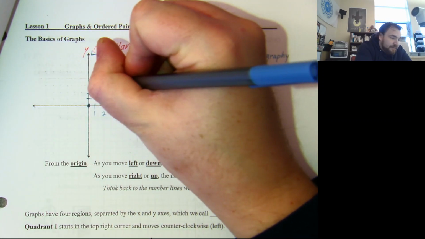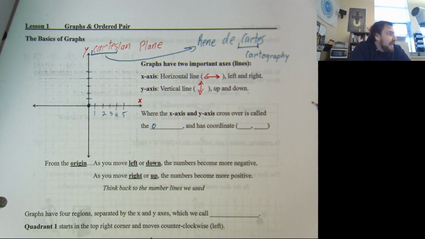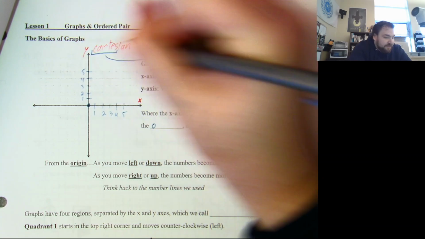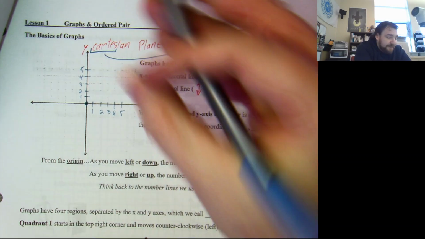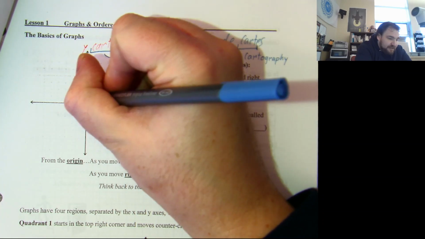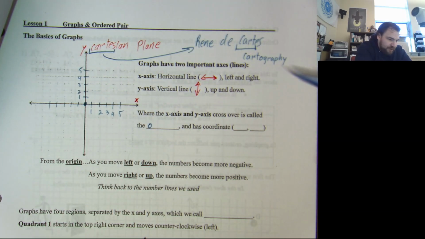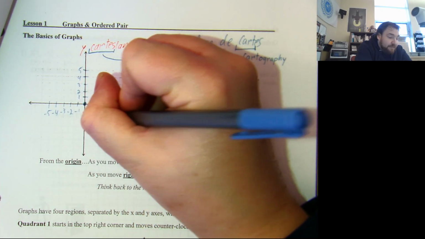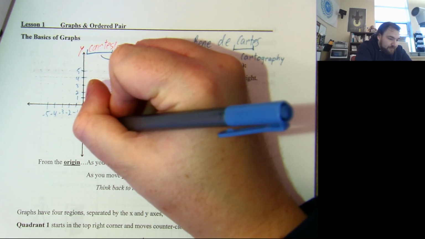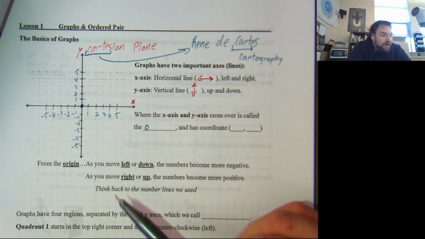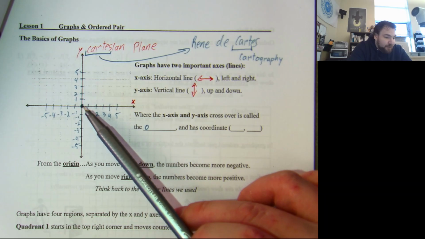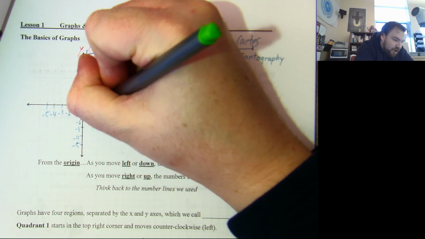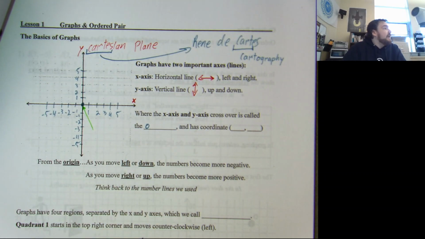On the y-axis here, as we go up, it's like a vertical number line. We go up. 1, 2, 3, 4, 5. So then as we go left, what would those numbers look like? Do you think? -1, -2, -3, -4, -5. Okay. And as we go down, -1, -2, -3. So if they all grow out from this point here, then this point is the point what? On both of the number lines, what is the number of the